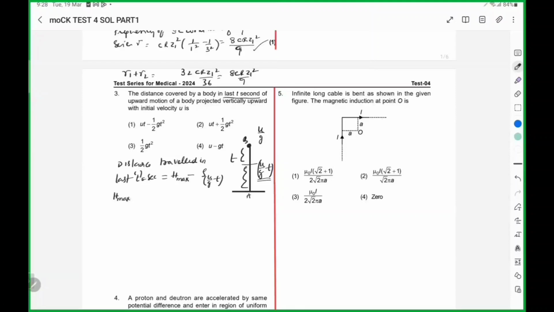H maximum is a known formula. So distance traveled in this time will be